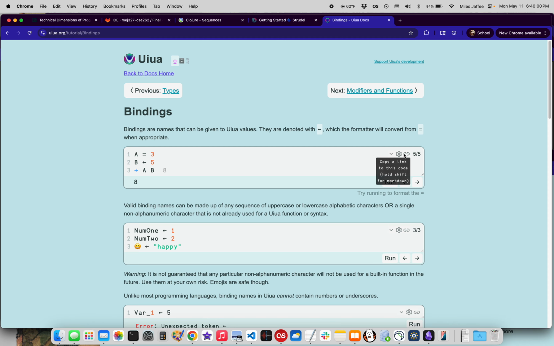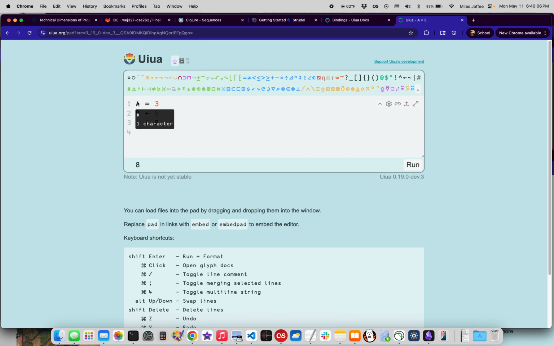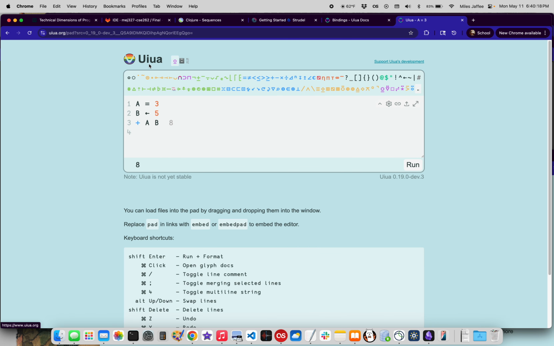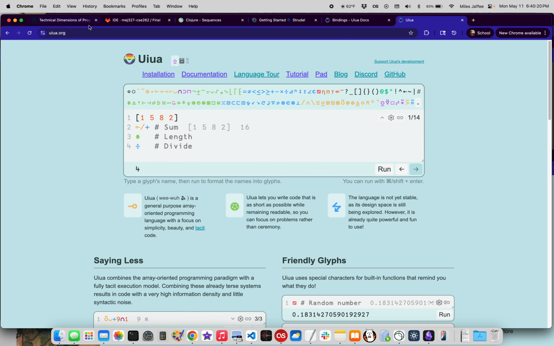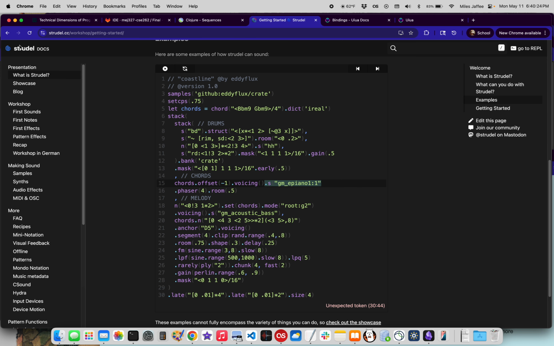You can copy a link to some code and paste it in the pad. These pad links are programmatic on the Uiua website. Very similar to Strudel. You can do the same thing on the main